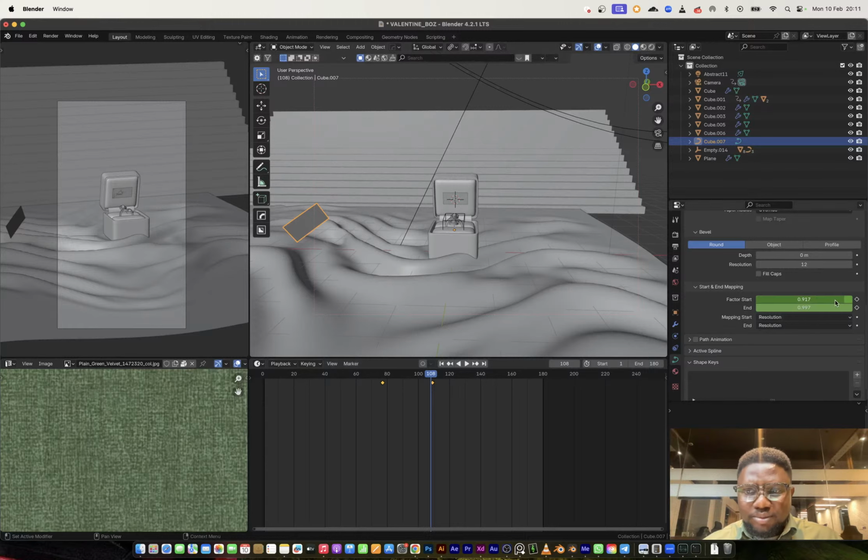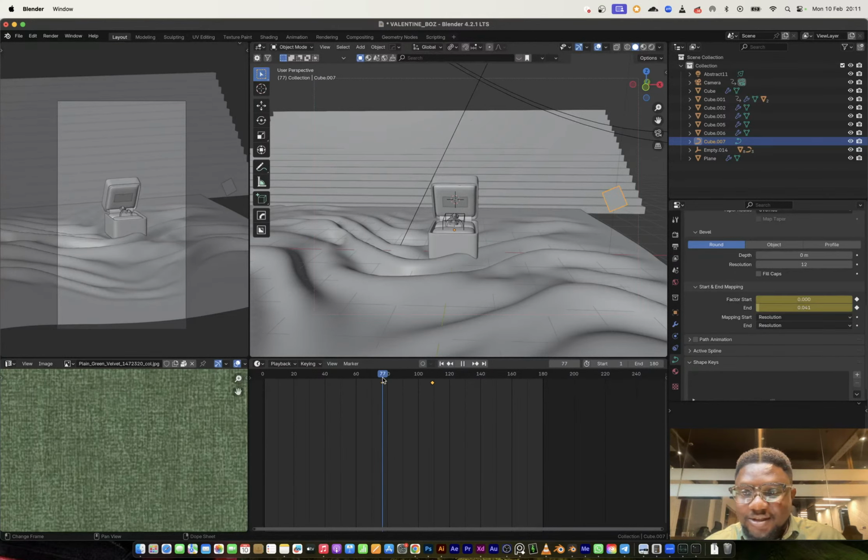Whoa, nope, that's not what I want. Okay, let's do it like this. Can I delete these keyframes?